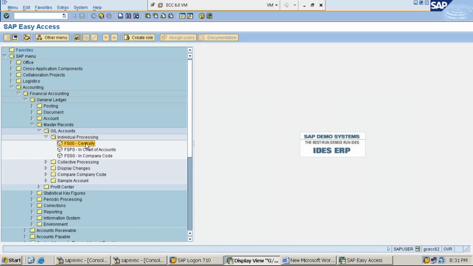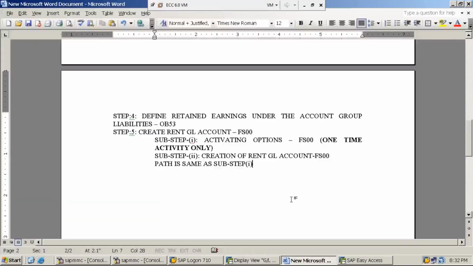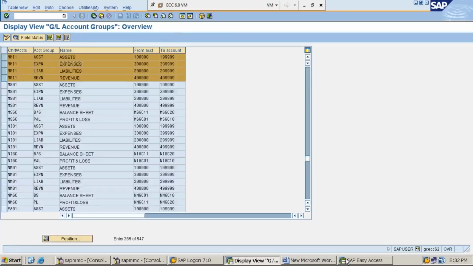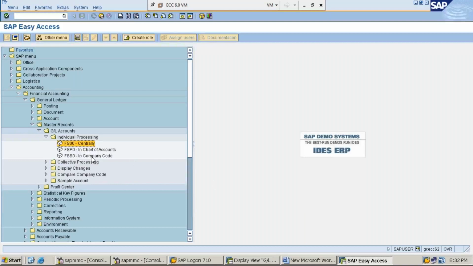From this point onwards, write: double click on FS00 centrally.